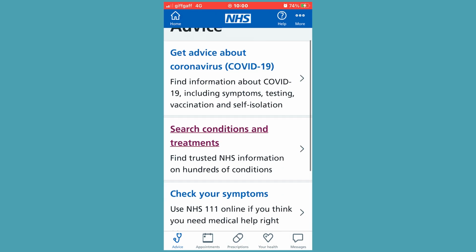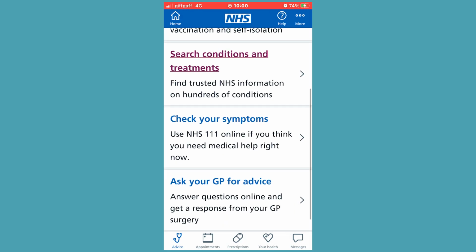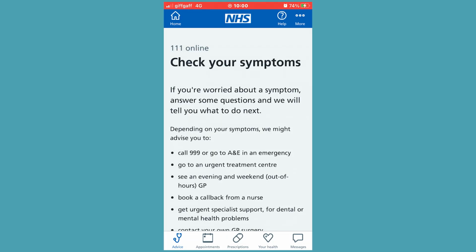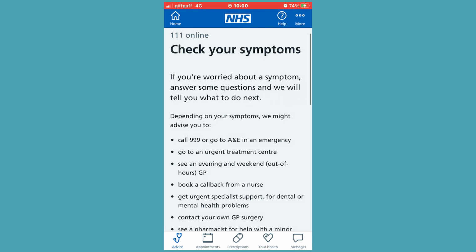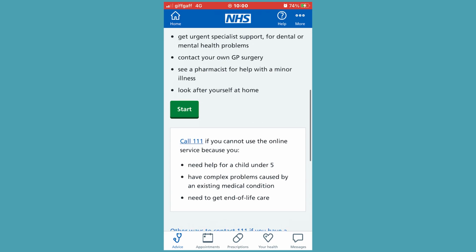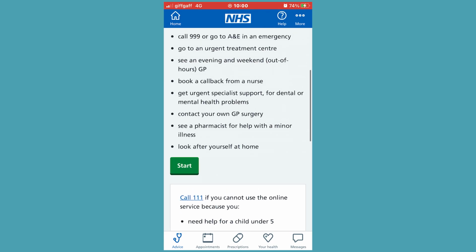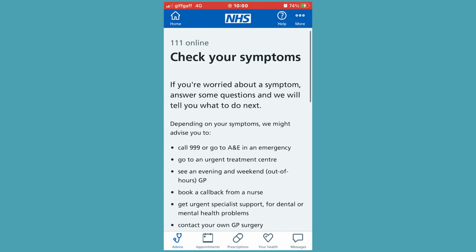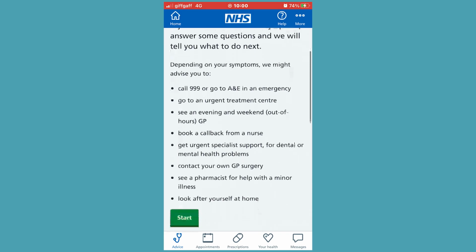The next option is to check your symptoms. If you are worried about something, you can check your symptoms here. Just click on that, and you can click on start. The first thing you get is a chance to see if you do not have a certain condition.